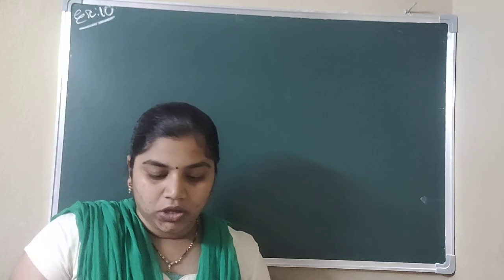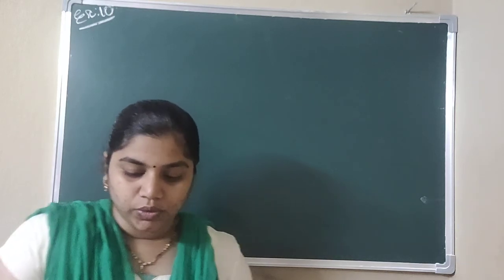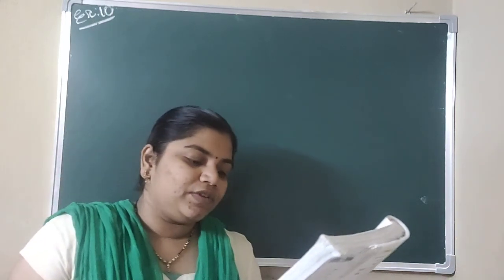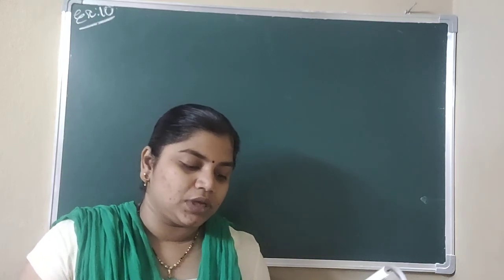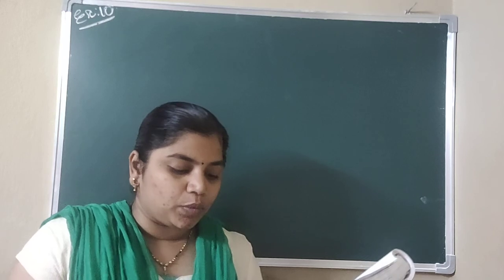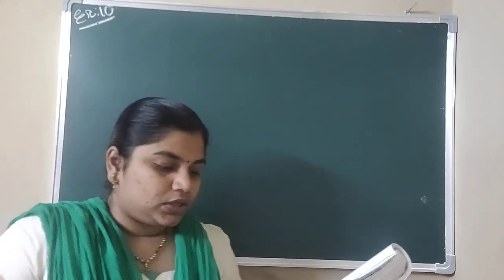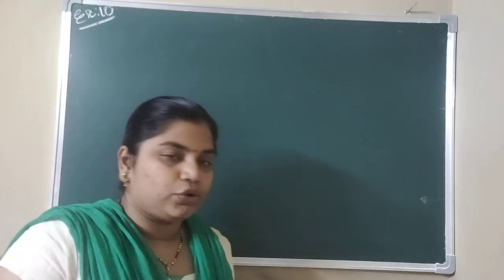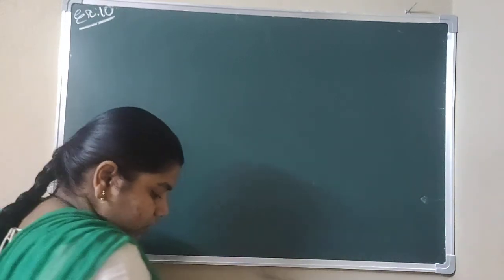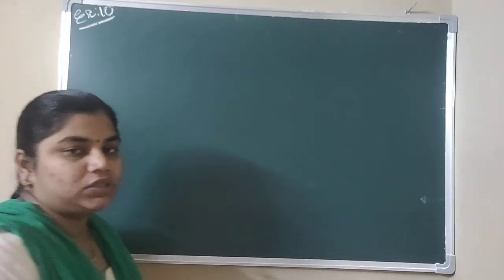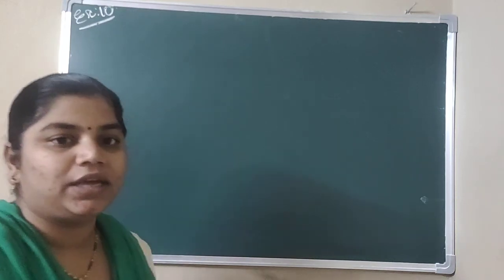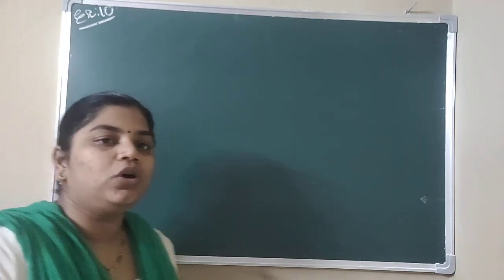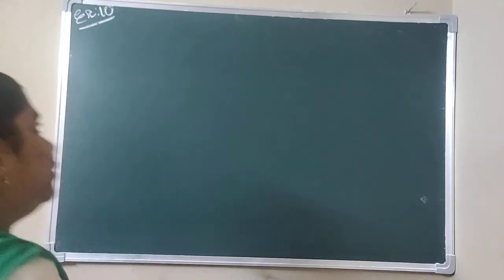We have to find that. So here he is working as a cashier. He has the denominations of 100 rupees, 50 rupees and 10 rupees. And the ratio is 2:3:5. What is the total cash here? Total cash is 4 lakhs. So how many 100 rupee notes, how many 50 rupee notes and how many 10 rupee notes are there? They have given it in the form of a ratio. So that ratio we have to write here first.